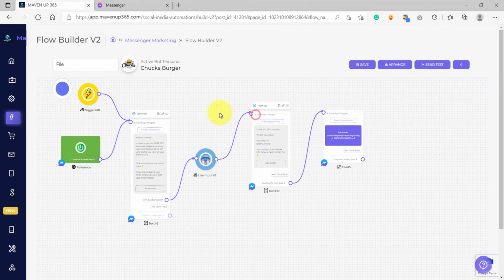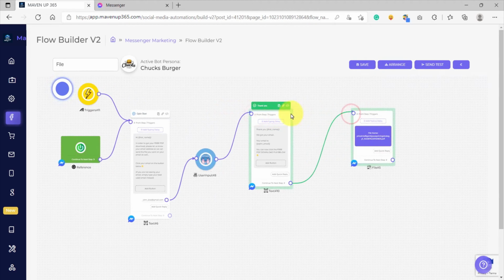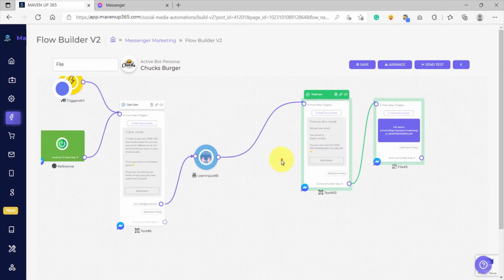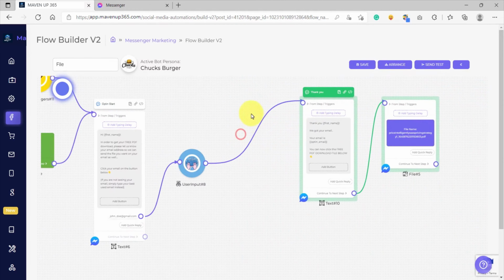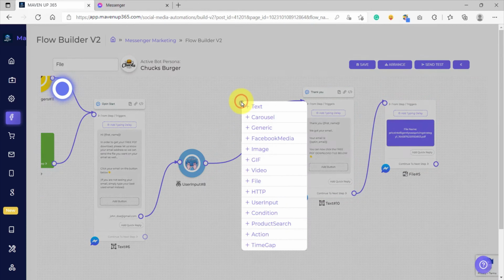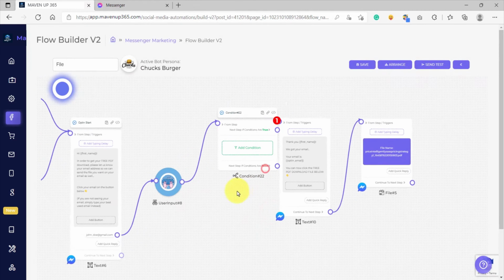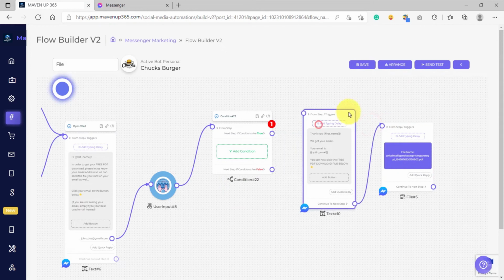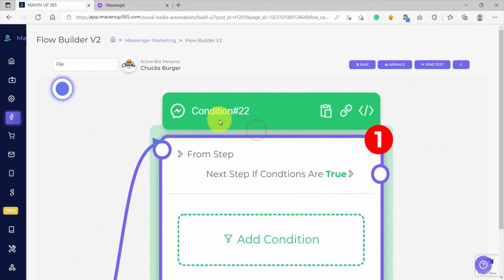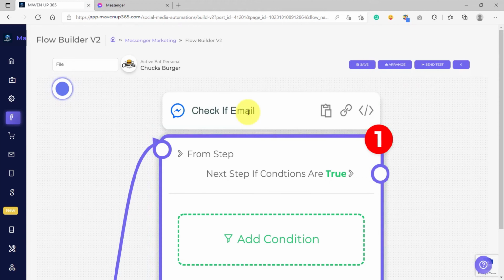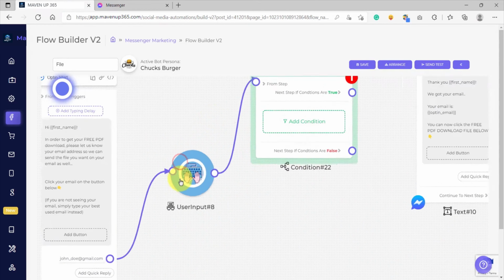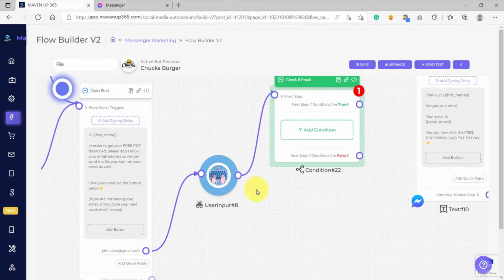We are first going to add a condition element between the user input and the thank you message here. So let's configure the connection. We establish a new connection, drop it anywhere on the screen, and then choose condition. Once we do that, a new connection would appear and the previous connection would be disconnected. So here we have a condition. Let's rename this as, let's say, check if email. We are going to check if the user has really provided their email